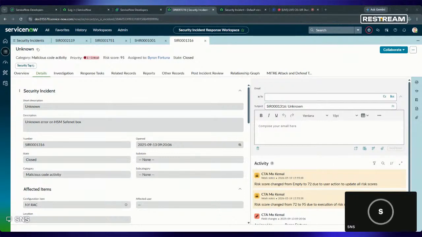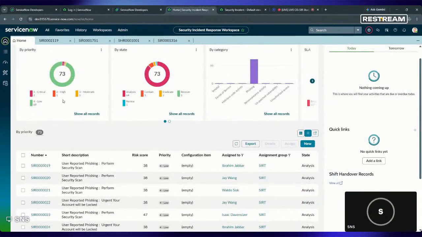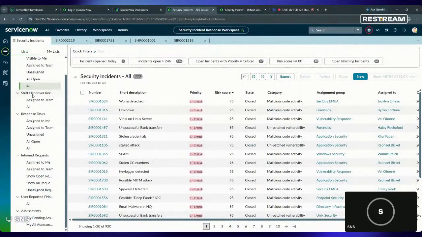So let me give you a quick overview. Maybe some of you might have joined a little bit late. We have the classical view of the security incident, the old-fashioned one, okay? That's for creation and also working in related lists and so on. But when it comes to the security incident workspace, it has a more enhanced view. Clicking home right here, right? It's going to give you a quick report by priority, how many incidents you have by priority, by state, by category, right? Not only that, if you click this hamburger menu or the list menu, you can do so much